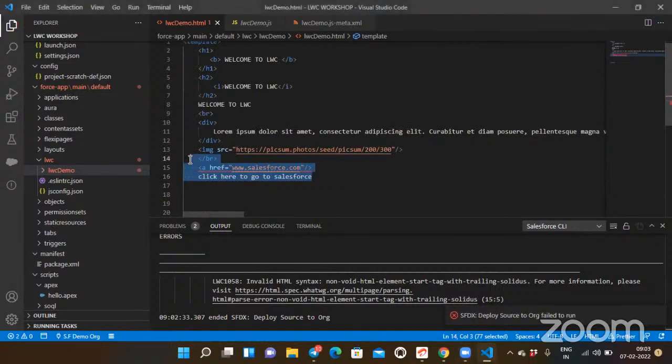Some issue with the tags, I guess. See, a href is showing some issue there, right? Please apply https: and then give it. Href is equal to, within that, https://